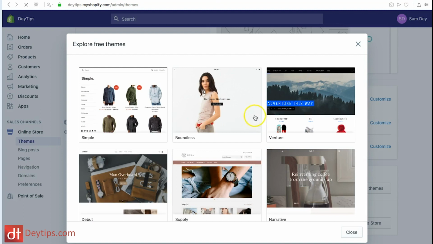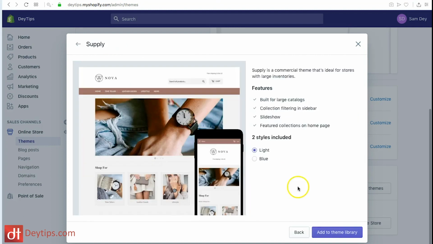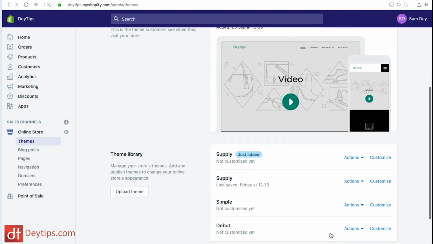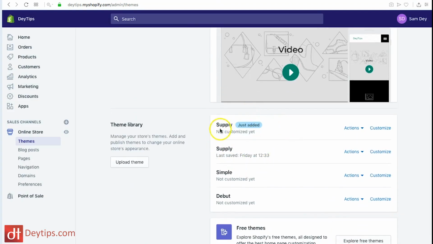However, if you find one that matches the feel that you're trying to go for with your website, then you can literally just click on it and click Add to Theme Library. And then that theme will be added to your library. So you can literally choose whatever theme you want, click on the actions, and publish the theme that you would like to publish on your website. You can also preview how that theme would look. You can rename it, duplicate it, download the file, or edit the code if you wanted to edit the code